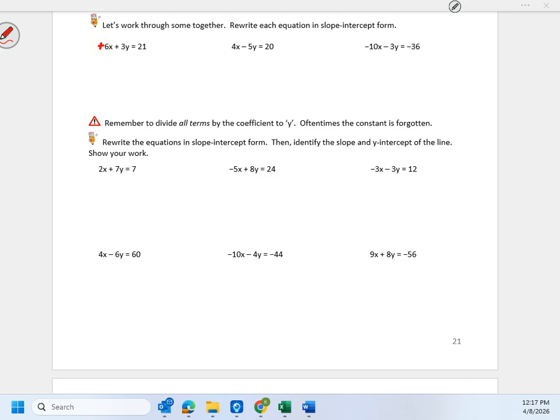So we want to do the opposite of adding, right? So imagine that there's a positive sign there. That means it's adding 6x. So the opposite of adding 6x is we want to subtract 6x from both sides, right? So positive 6x minus 6x leaves us with just